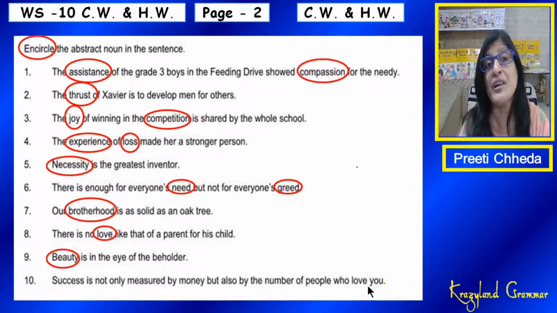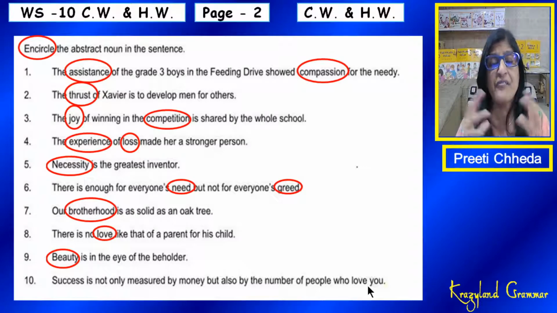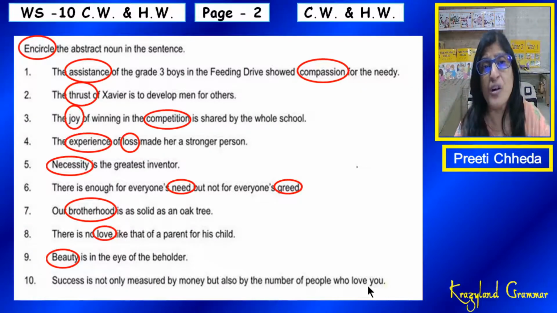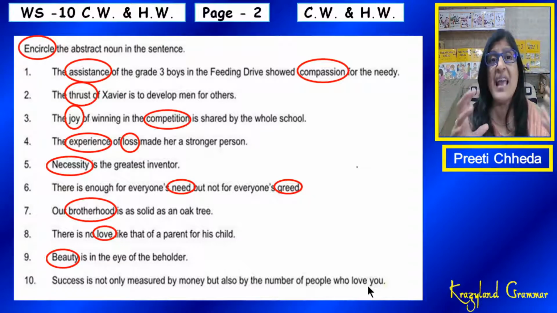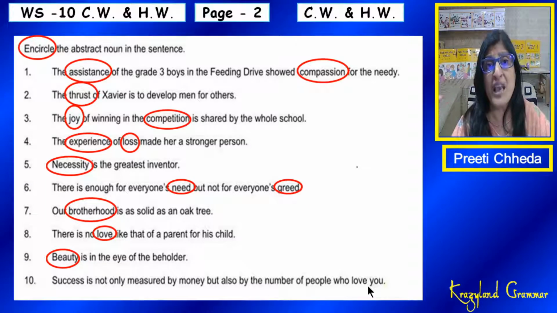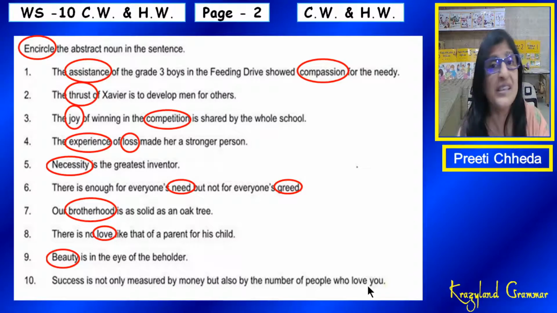it is also measured by the number of people who love you. If even if I earn a lot of things, but if you don't love me, it has got no use. So even if I have money and people love me, okay, then that is called the success. So success is not only measured by money, सिर्फ पैसे से नहीं तोला जाता, but also by the number of